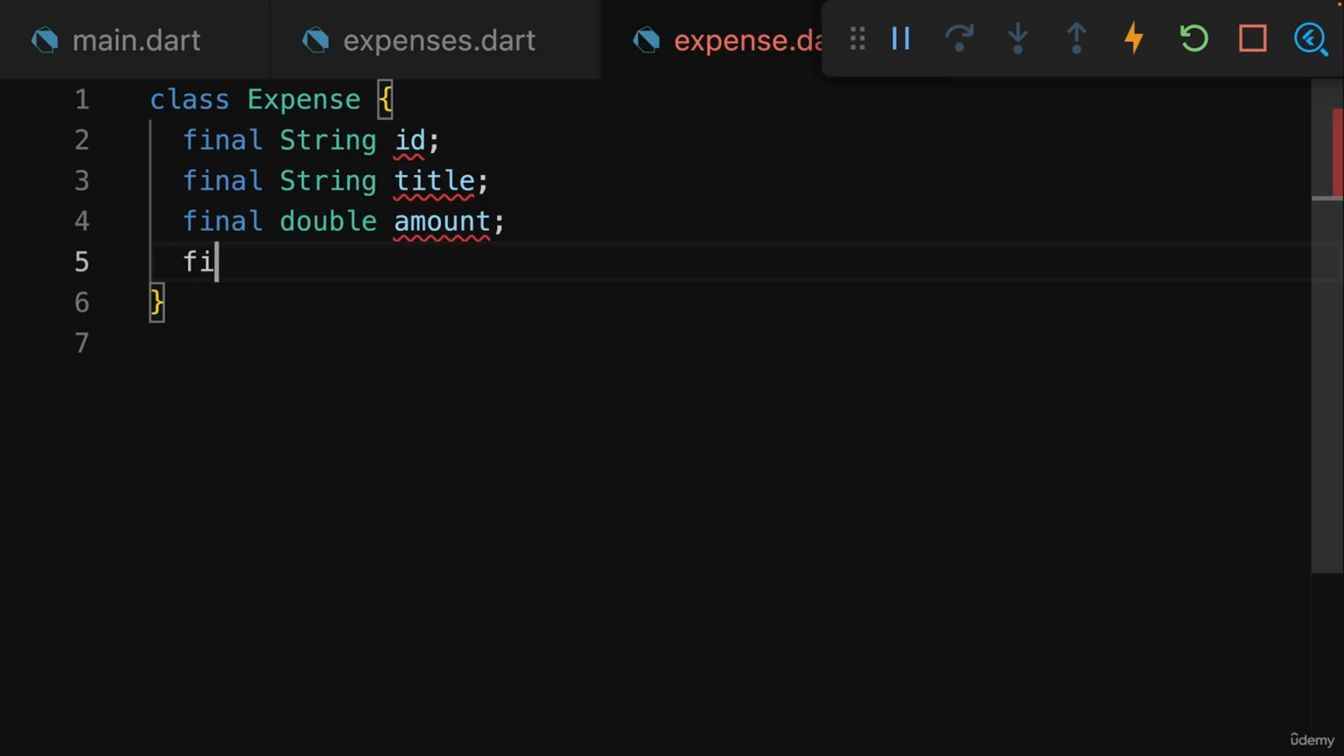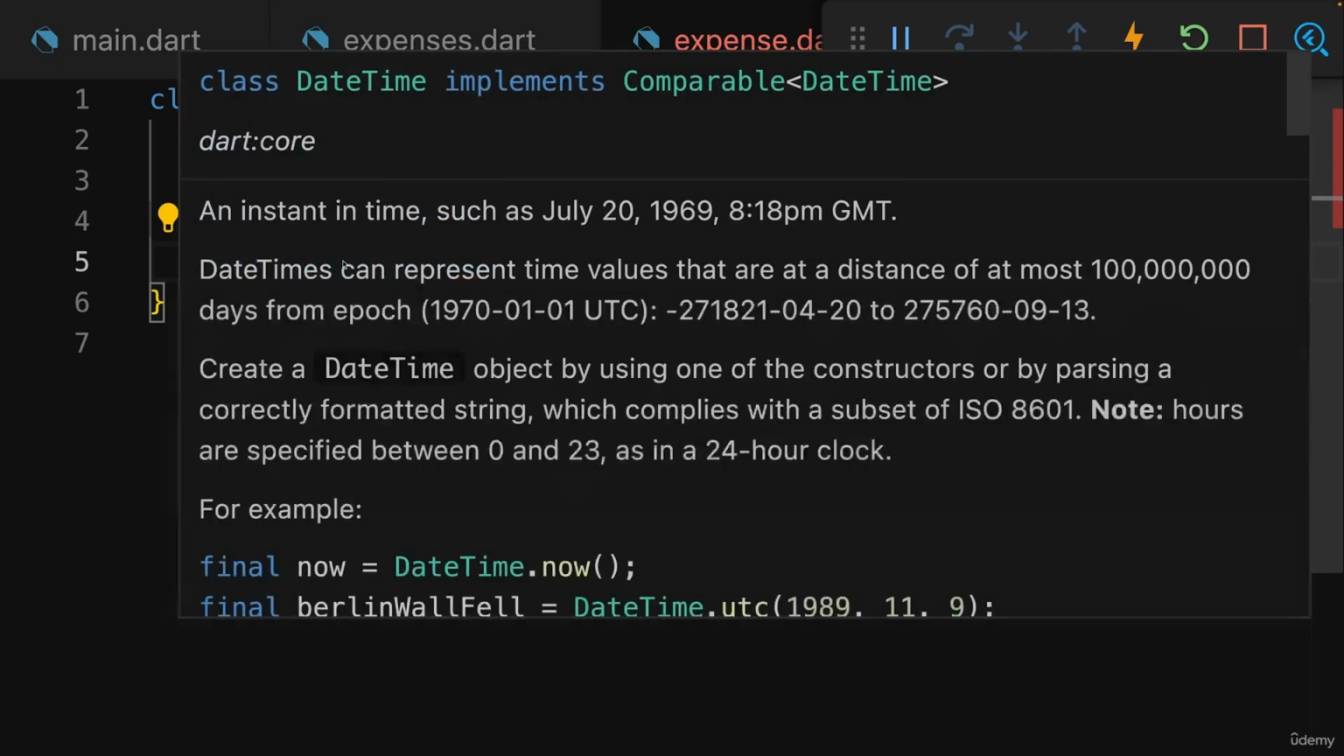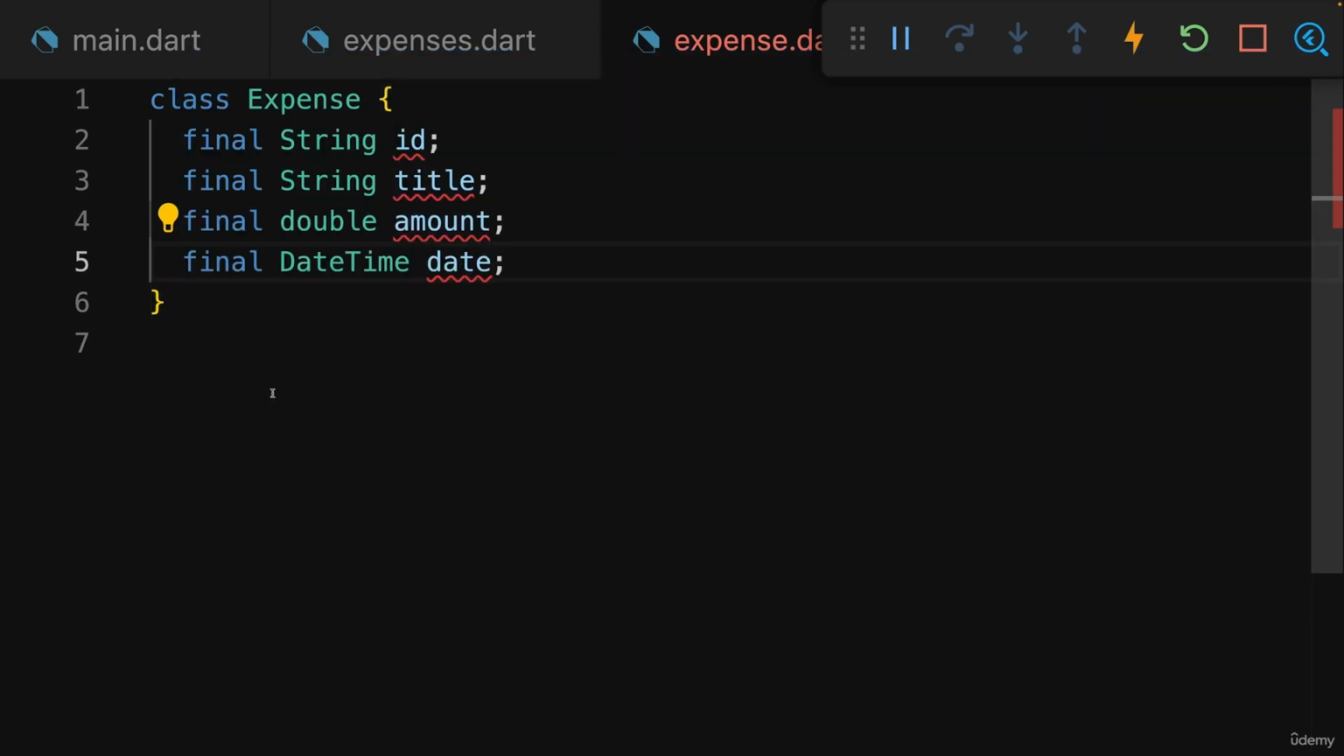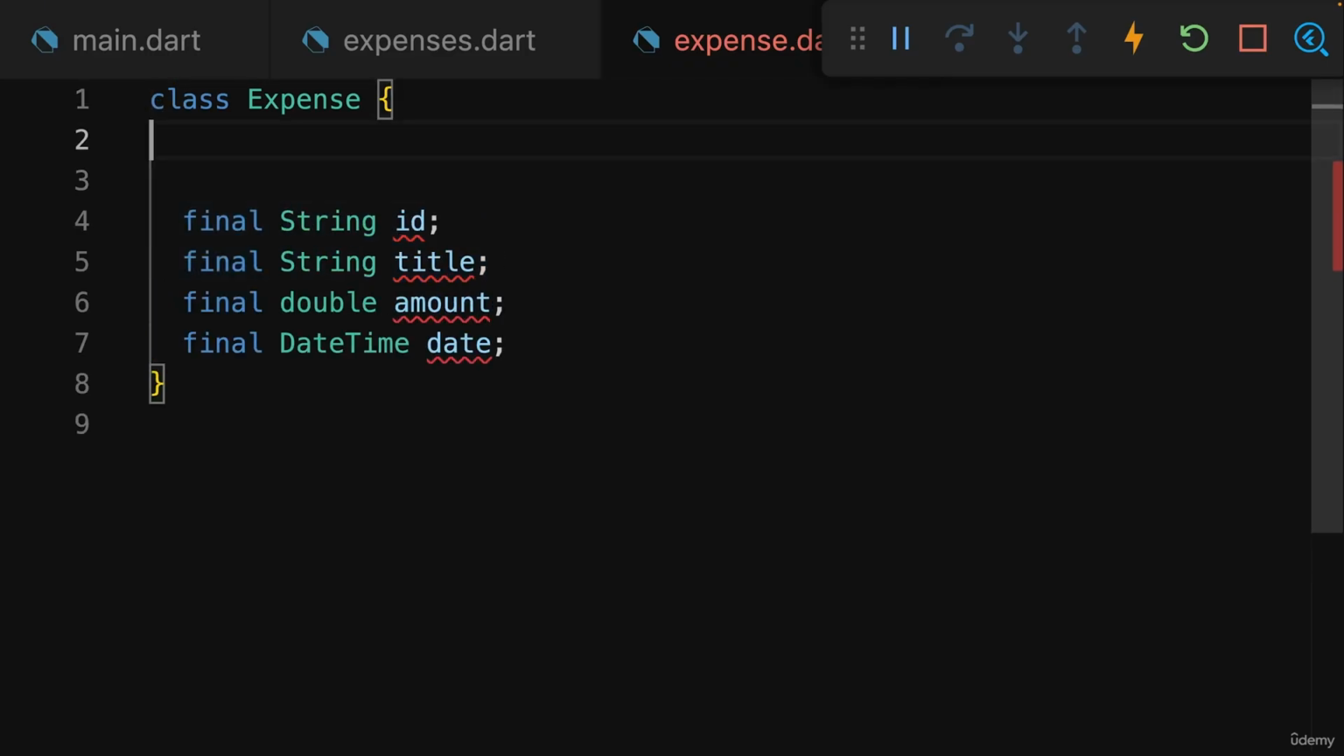Now, I also want to have a date attached to every expense. And for this, we can use the built-in datetime data type, which is a data type built right into Dart. So we don't have to import anything, we can use it like this. And datetime is simply a special data type that allows us to store date information in a single value. And with that here, I added 4 properties that, for this application which we're building here, should describe a single